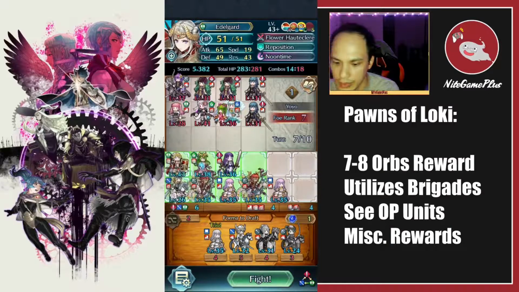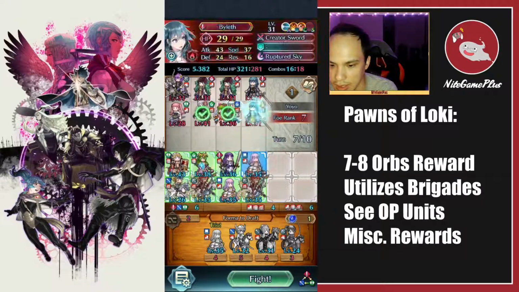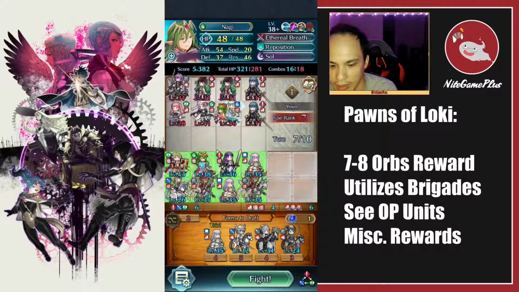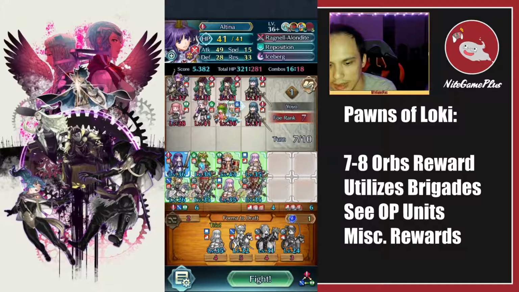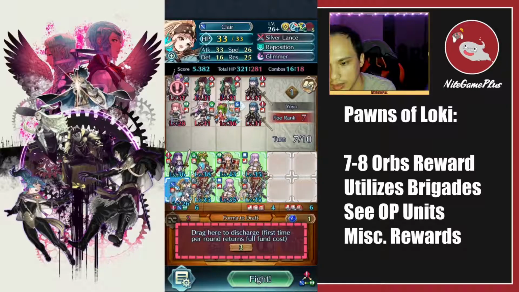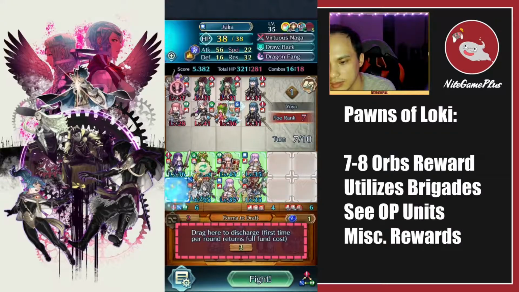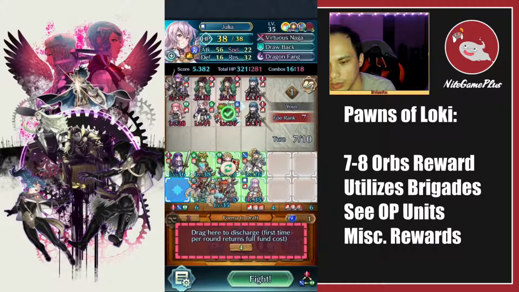So there we go, we have the merge. I'm going to move the Julia off the bench. I think she can take the attack from Byleth here. Okay, so we have this. I'll get the Altina here. I'll get... Okay, she's not strong. How much defense does Claire have? 16 versus that. And we want...